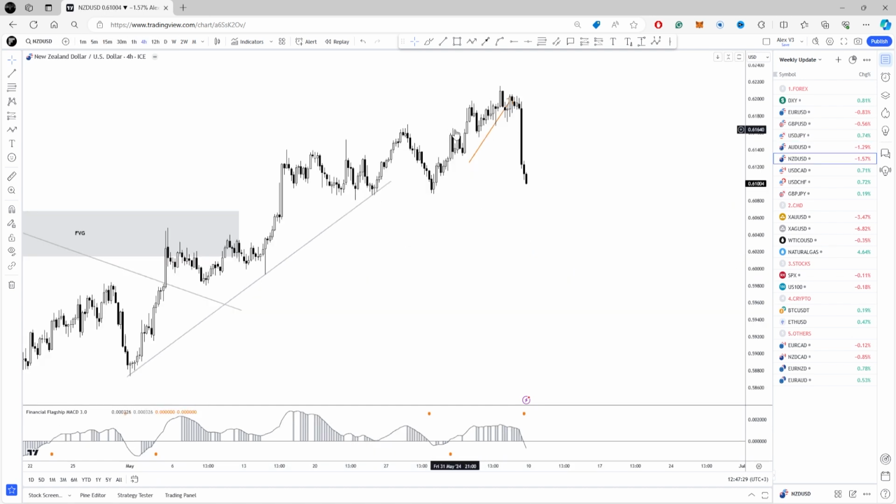New Zealand USD, another good setup here. We had this consolidation, we expected the price to push back up. This arrow here is from our previous analysis,